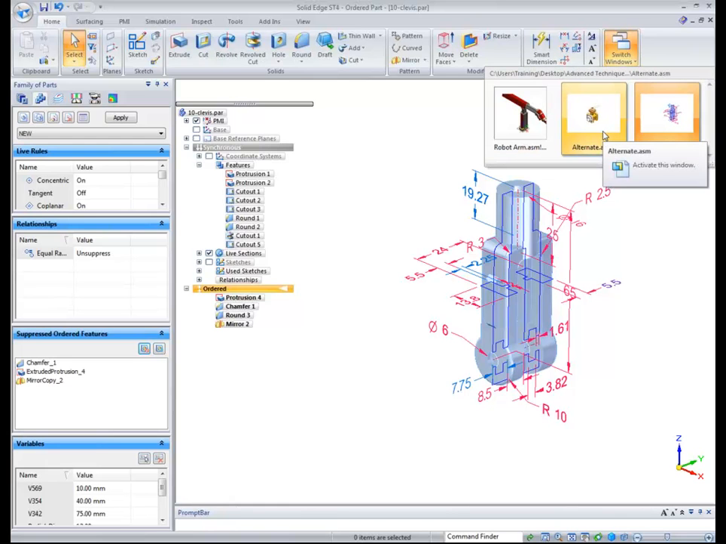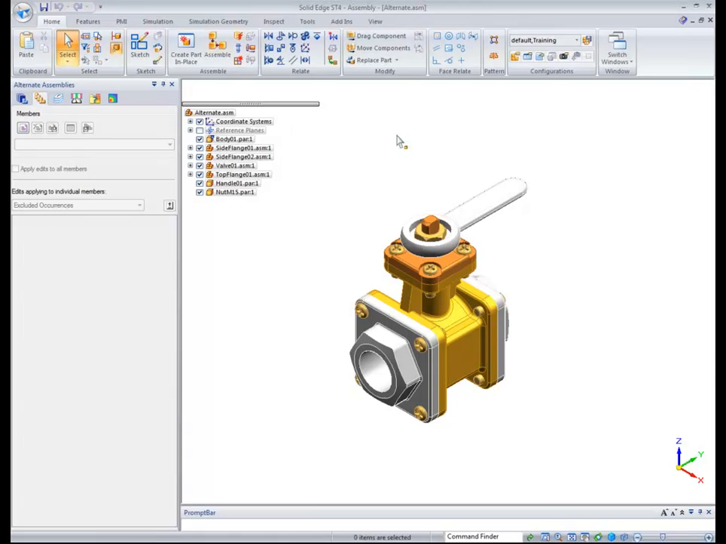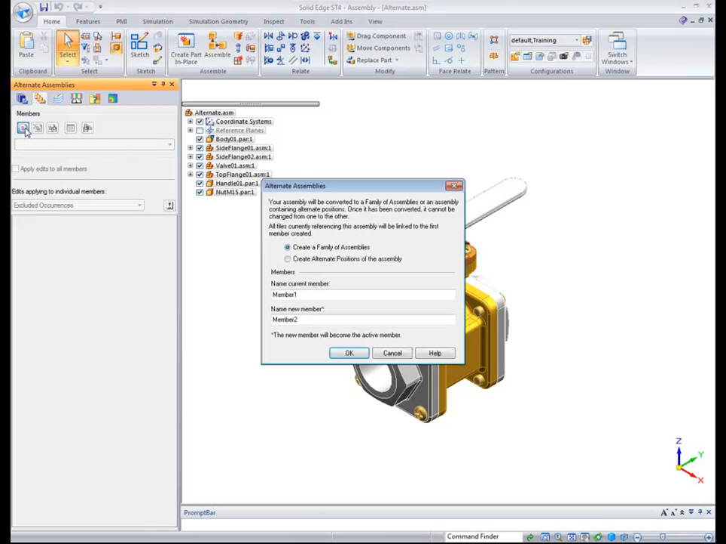Okay, so first we're going to look at the family of assemblies. You'll notice I don't have any created. First I'll go ahead and create a new one, and this is where you choose if you want to create a family of assemblies or if you want to create an alternate position assembly. And once you select this, you can't go back and change later on. You select this now and that's what you're stuck with. So we want a family of assemblies,